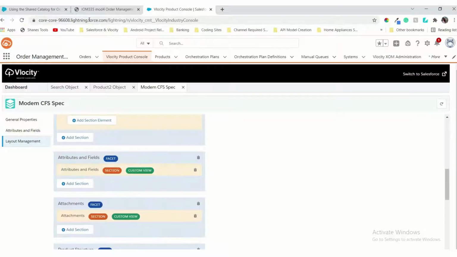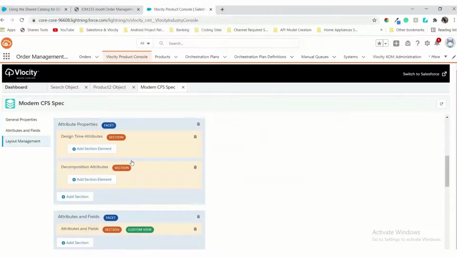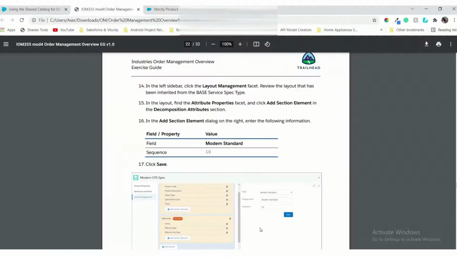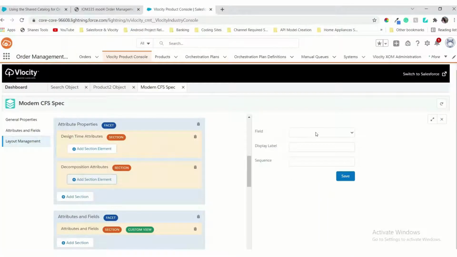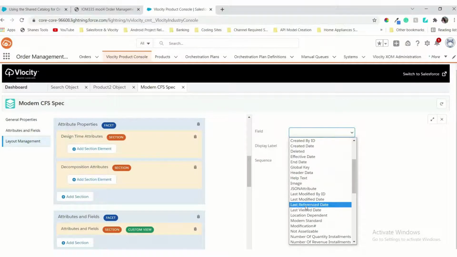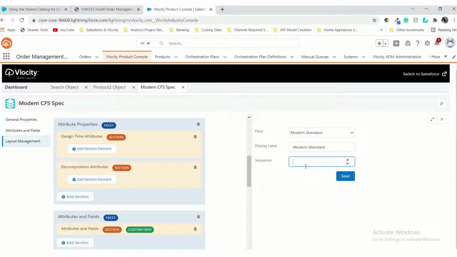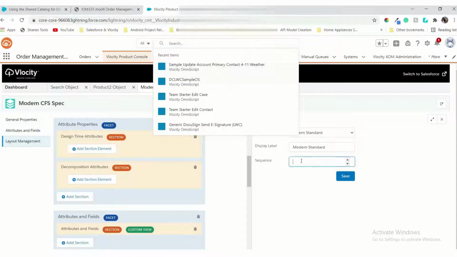Yeah, field and attribute. Then we have to add one more section in the decomposition. Okay, add section. Now what they are saying for the name is modem standard. Just click modem, select modem. This is modem standard, yes, here it is. Now the sequence, they said for the sequence is 10 and click save. Okay, just keep 10 and now save.